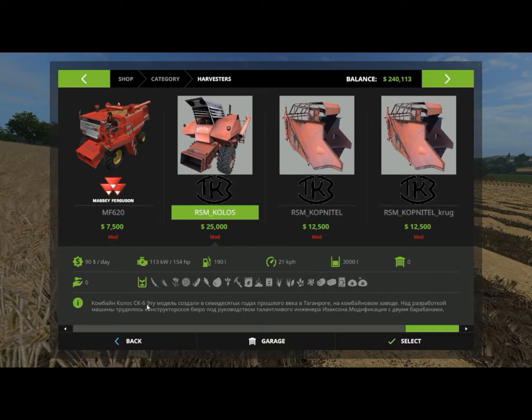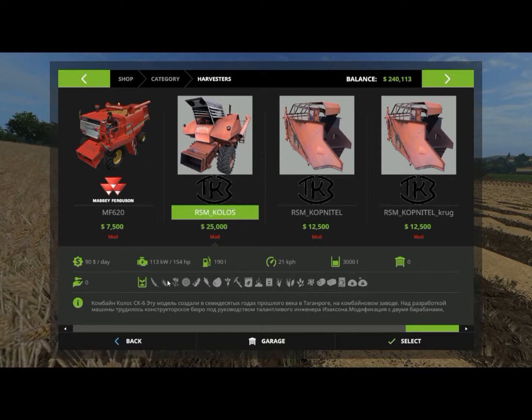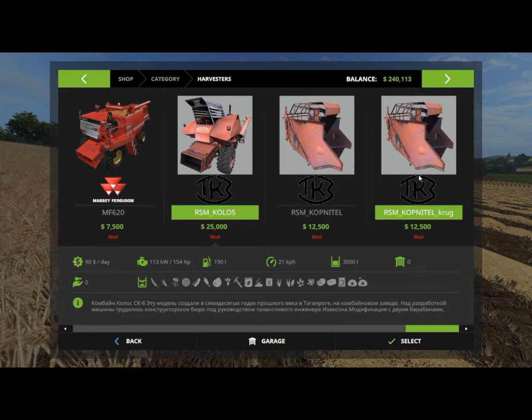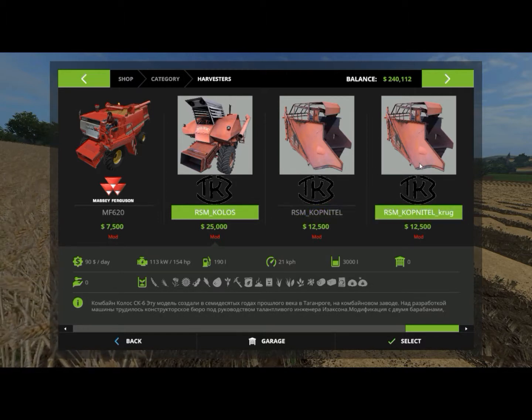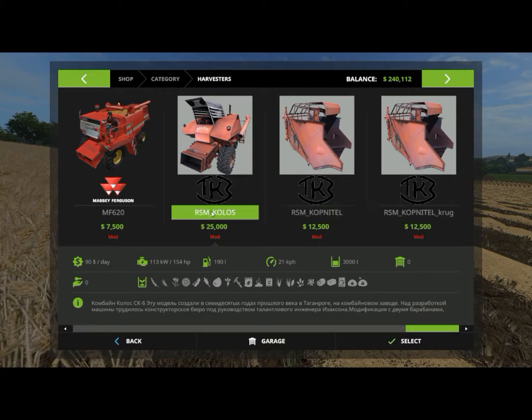I can't even copy and paste this into Google Translate or something. So there's no point in writing this here, guys. Really, just start making things in English so that the rest of the world can enjoy it. And I mean, this is a kop nittel kroek and this is a kop nittel. So I have no idea what this actually does. We'll actually have to test this out on another